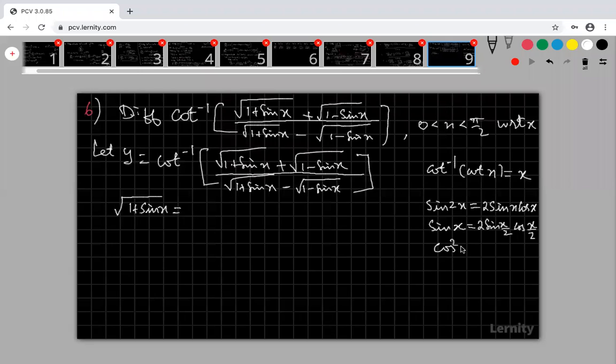What is my cos square x plus sin square x? Do you know the formula for cos square x plus sin square x? It is 1. Okay. Right. What is my cos square x by 2 plus sin square x by 2? What is the answer? That is also 1. Yeah, very good. Very good, Yuvashri.